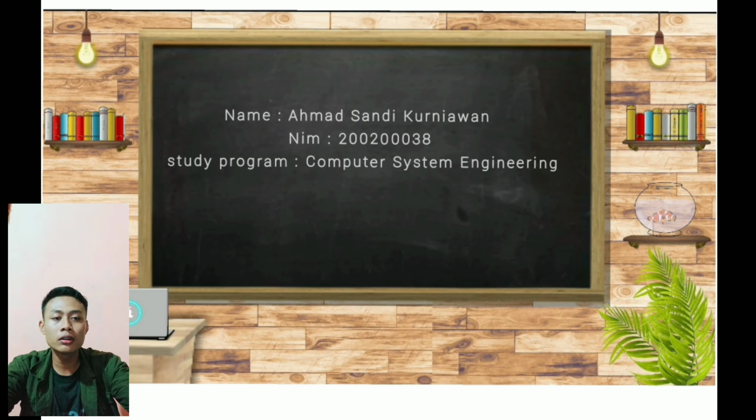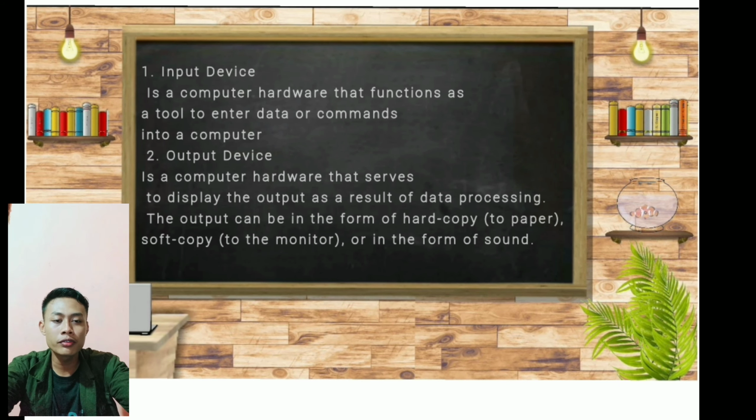In this video, I will explain the 10 basic elements of a computer and the function of each component. 1. Input device. An input device is computer hardware that functions as a tool to enter data or commands into a computer. 2. Output device. An output device is computer hardware that